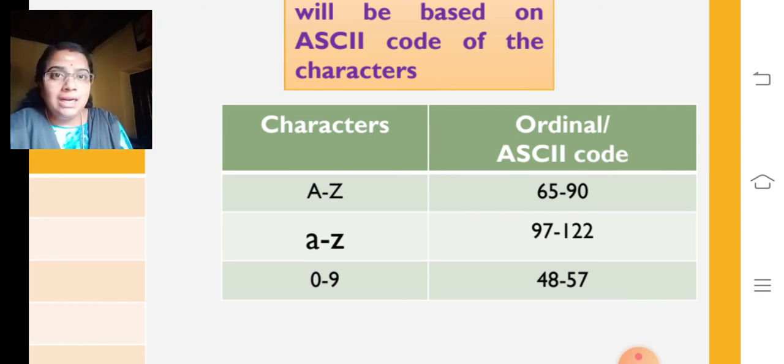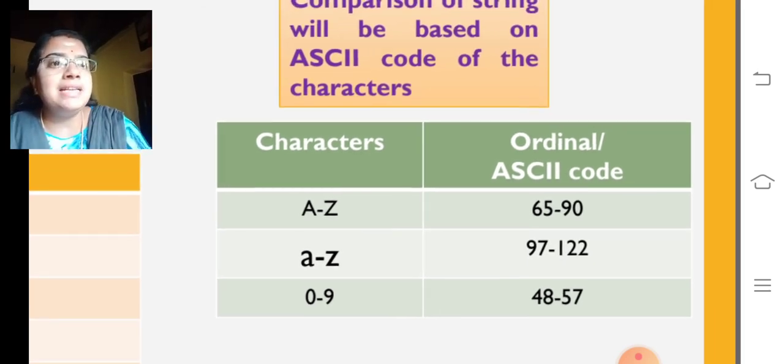So the one thing we can fix is that small letters are greater than capital letters in Python. That is why we say Python is a case sensitive language, because uppercase and lowercase letters have different ASCII codes. I think you are all clear about how the comparison happens.